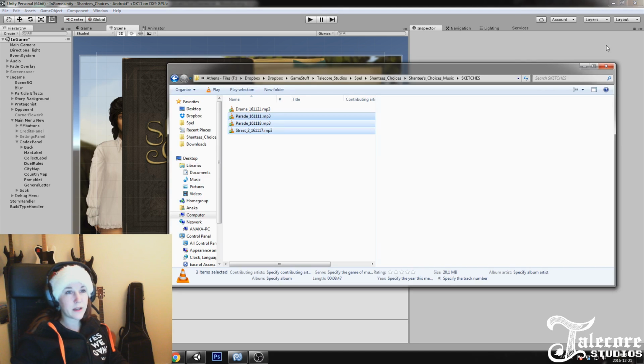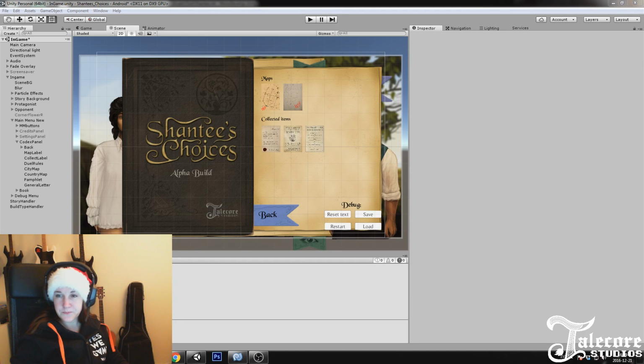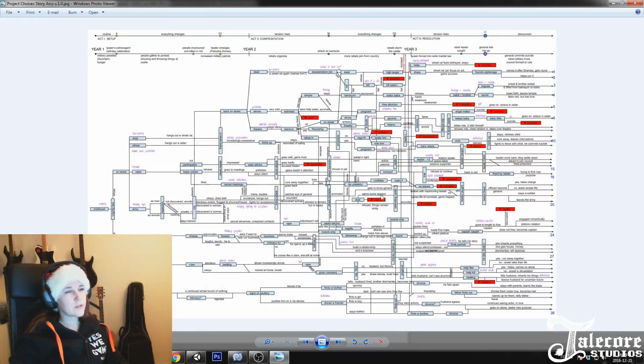I could probably show you what the actual story is going to look like. Let me see if I can find it. Okay, here. This is a map of the story that I made very early on.